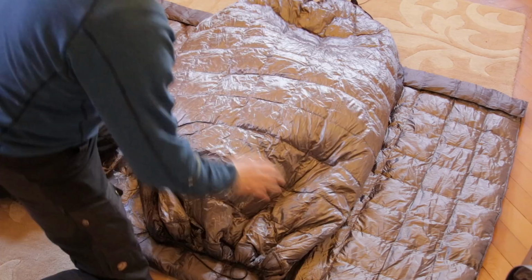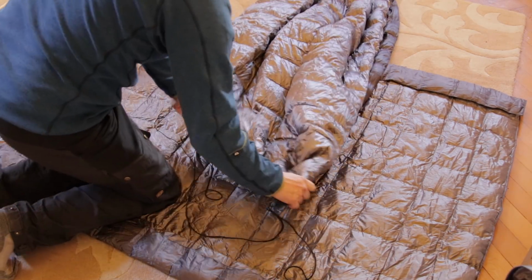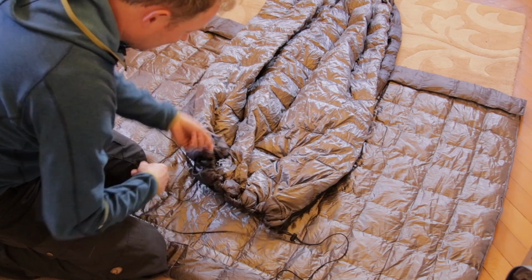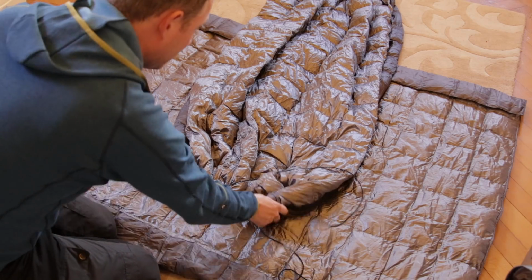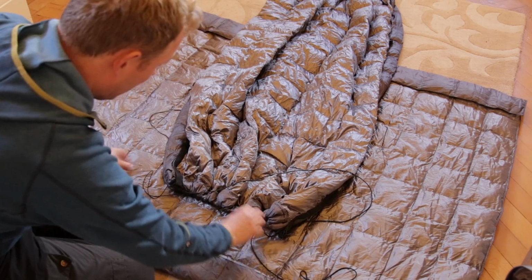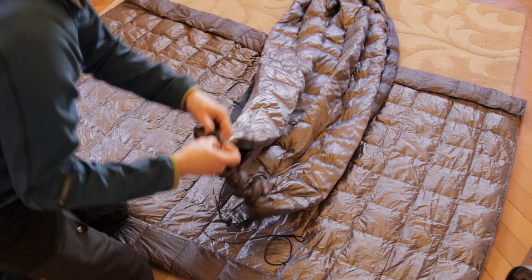So you can see that the shape of the underquilt now has changed dramatically over the blanket. That's just by adding the bungee cord to these first baffles. So as I said, the first baffle that you want to make along the short end is this. And then what you want to do, if you can see that,